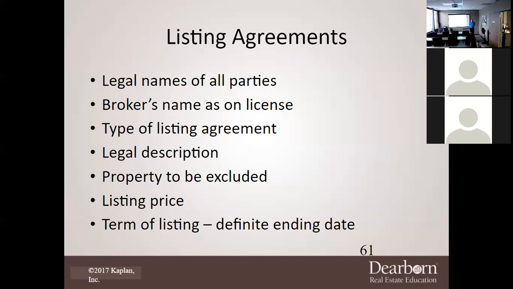See, a lot of agents will see a listing and be like, yeah, that's a crap listing, I'm not going to take it. No, put your signs up. Because when you put your sign up, what else is out there? Your name and number. And that's how you get leads, okay? So again, should you just let your client willy-nilly put numbers on it? No. That's why we come back here.